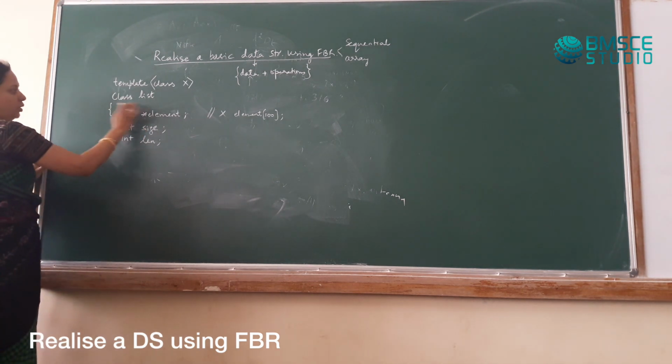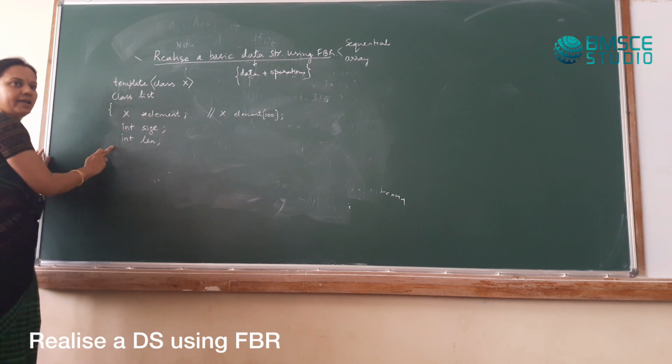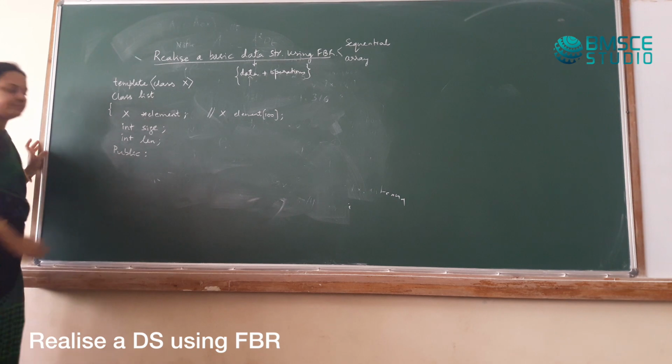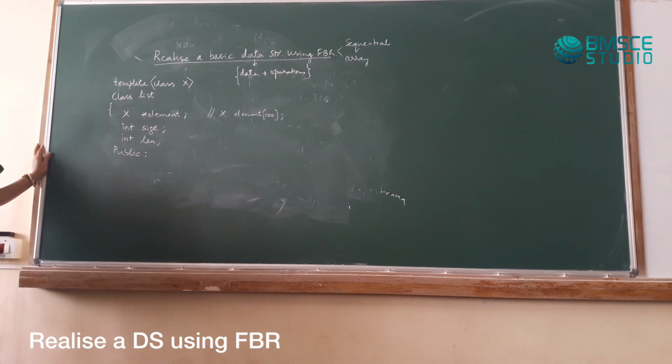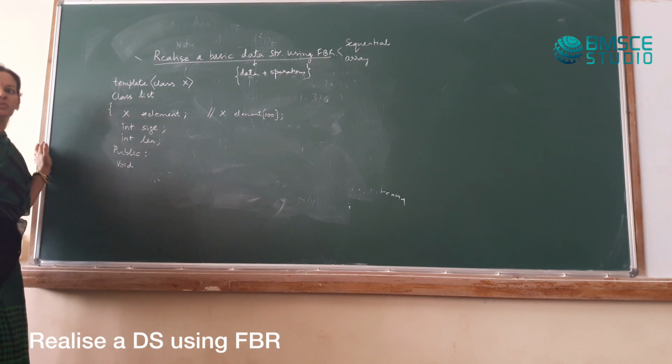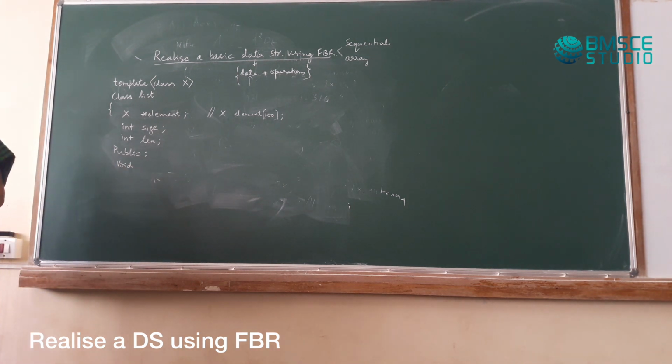Okay, if I don't put any specifier, it means everything is private. Now I will put the specifier public. The first member function that we will always write will be a constructor. It's not a rule, but that's the convention. And it makes sense also. Okay, you create something first and then you try to do something with it. So we write the constructor. So void would be the return type. Some compilers will not even ask you to specify a return type for a constructor. So for completeness, we will put void here.